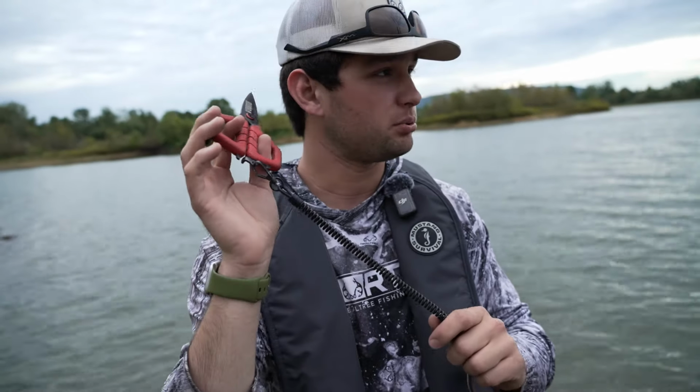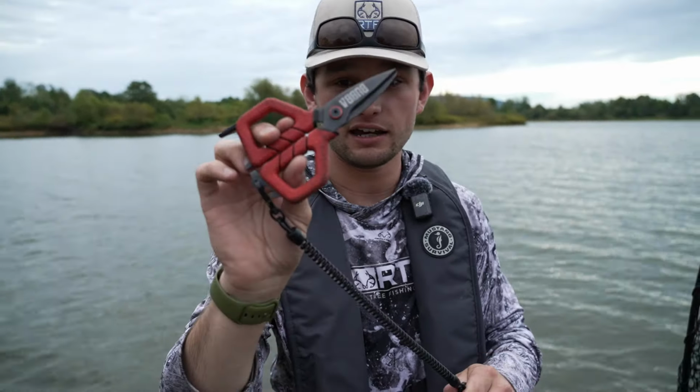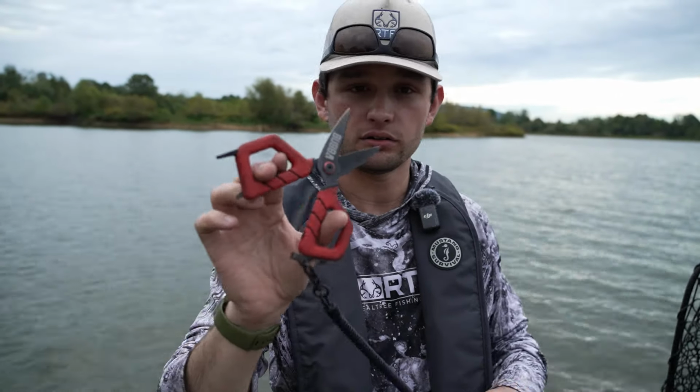I've gone through pretty much every braid scissors out there, and there's nothing worse than getting out and then everybody that has braid scissors knows they'll be butter, and then just one random trip you go out and they won't cut through anything. These things are almost a year and a half old, and they still will cut a skirt on every